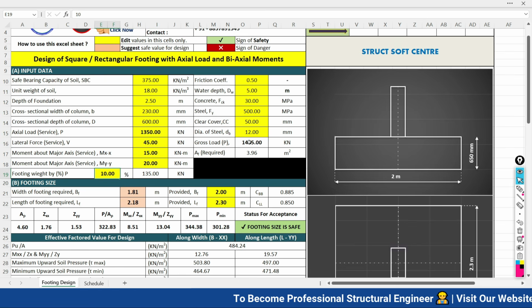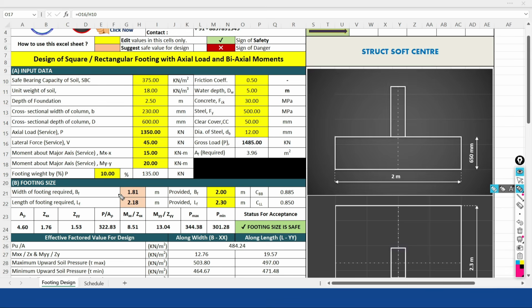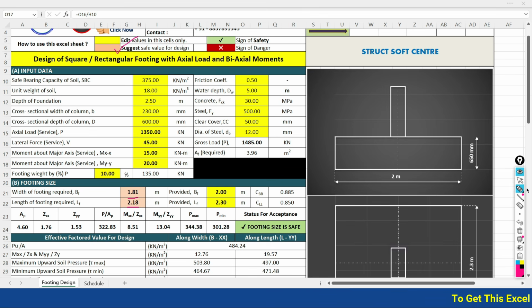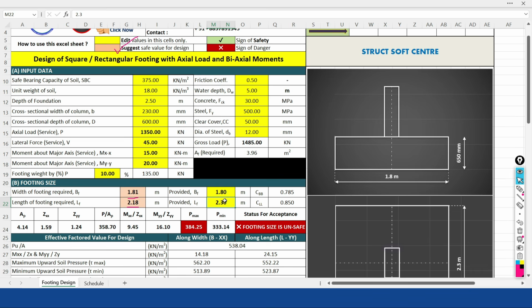So here we are getting the gross load and area requirement. We don't need to focus on all of these things. We just have to look at what size of the footing is required. So the width of the footing required is 1.81 meter, and the length of the footing required here is 2.18 meter. But you know, this orange color cell will suggest to you the safe value. So it is suggesting what width and what length of the footing should be considered. So 1.81, I will try to take it as 1.8, and I will try to take it as